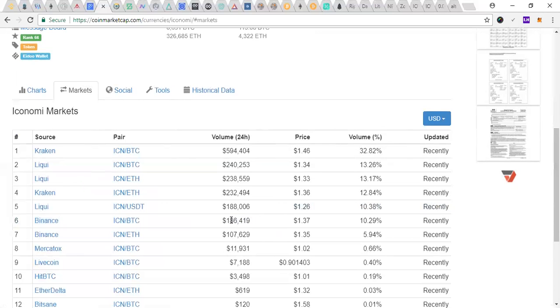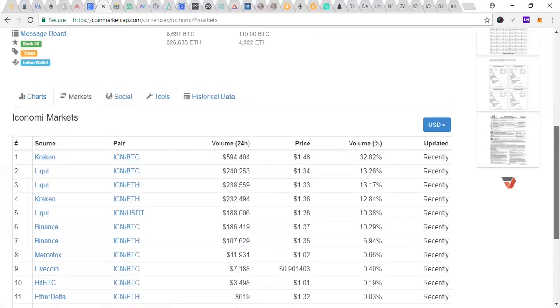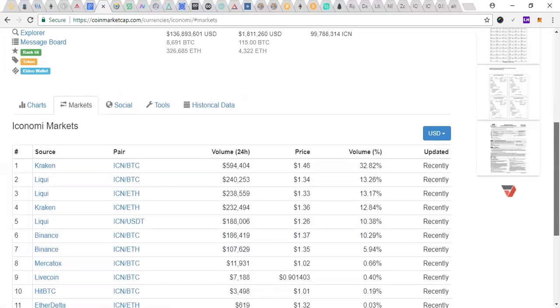Binance is only actually on there twice because people are buying it with Ethereum and BTC. And if you combine that 186.4 thousand with the 107.6 thousand, you're looking at over $290 million worth of liquidity volume. And so that actually will put Binance number 2 if you add those two up. Well, I take that back because they're on here twice as well with that. I don't know if that's Litecoin, not sure where that exchange is located, but